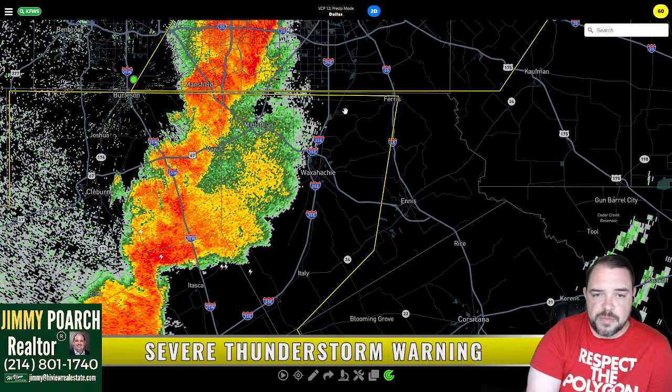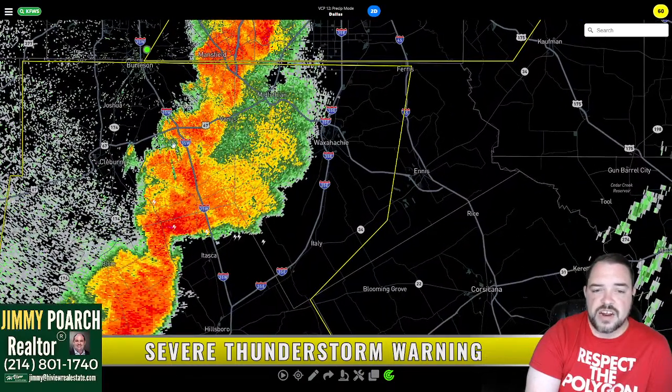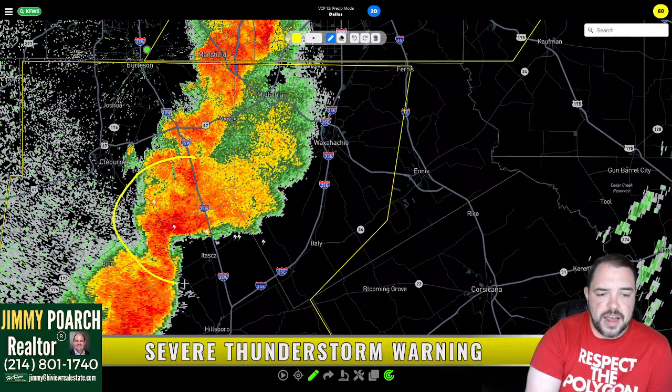Now, if we venture up into southern Dallas County, you can see just a straight, solid line of very strong storms from the Cedar Hill area all the way up to Grand Prairie, Irving, moving into downtown Dallas very soon, hitting Love Field right now. But down in Ellis County, we do have some stronger winds moving into the Midlothian area right now. And as this continues to move forward, this is going to be my area of concern, because what we can have here,